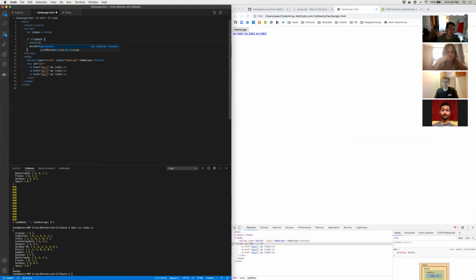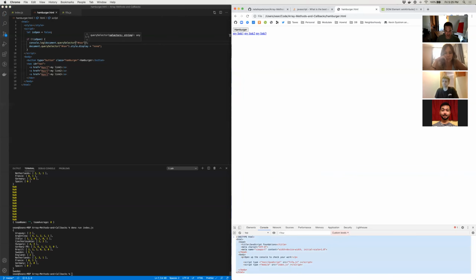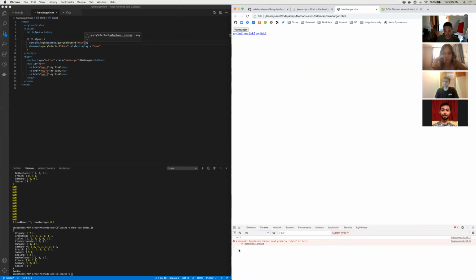So let's debug this. We'll do console.log of document.querySelector of the nav, so let's see if it's even reading the element. Oh, well, there's the error. Didn't see that before. Okay, it's null. So this isn't even working because document.querySelector of nav is null. So the reason is that